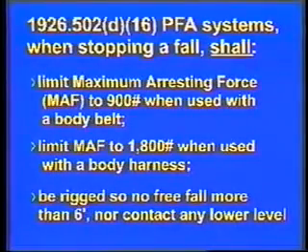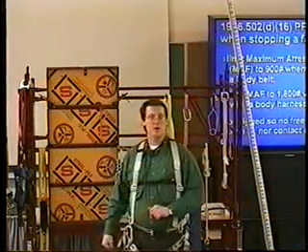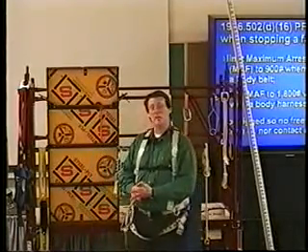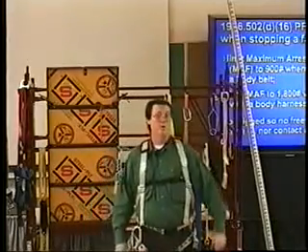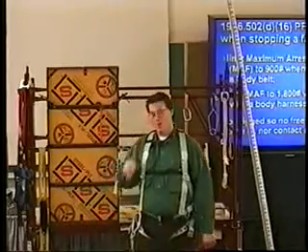Most desirable choice, be restrained from fall. If we're restrained, we can't reach the edge. Therefore, we're not exposed to falls. Lessen the fall distance as much as possible, such as positioning. Less than 2 feet of fall, we've controlled our force by limiting the fall height. If you can't do either of those,